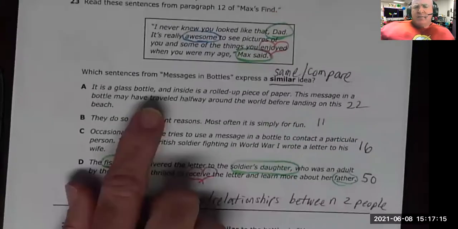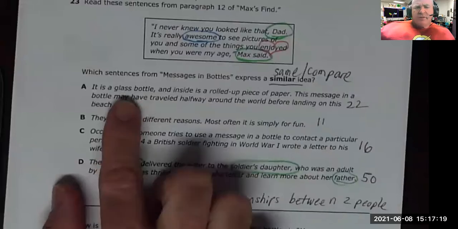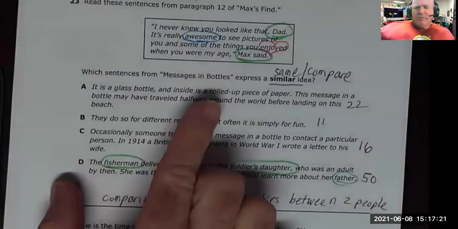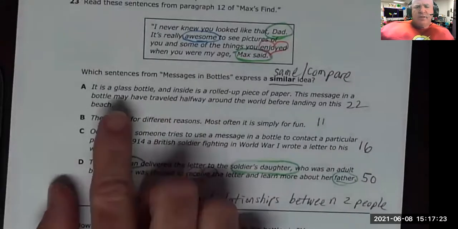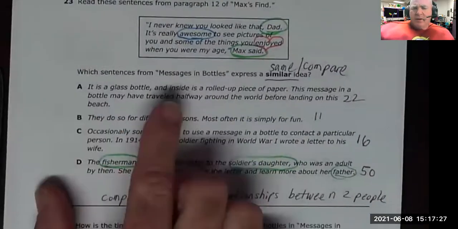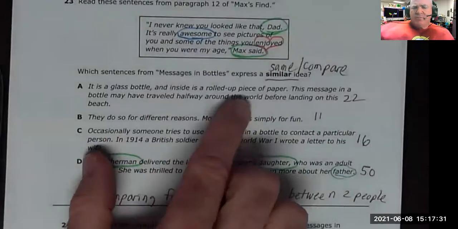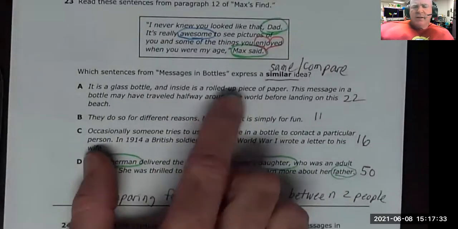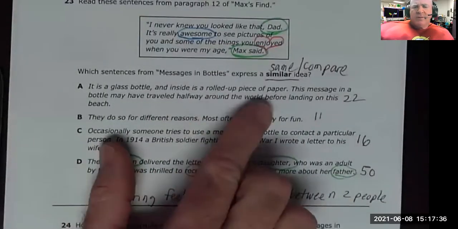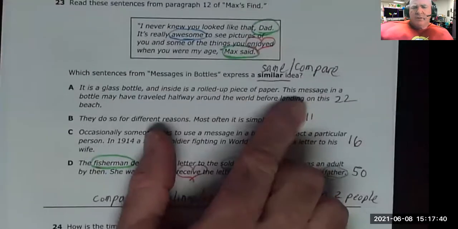22%, almost a fourth of the students said it is a glass bottle, not a person, and inside is a rolled up piece of paper. This message in a bottle may have traveled halfway around the world before landing on this beach. Well, that might have been a paragraph or a first sentence, and the kids sometimes just pick the first sentence that they see. And that wasn't about the idea from this